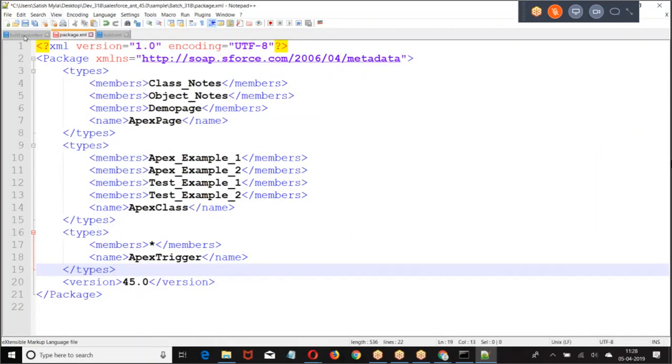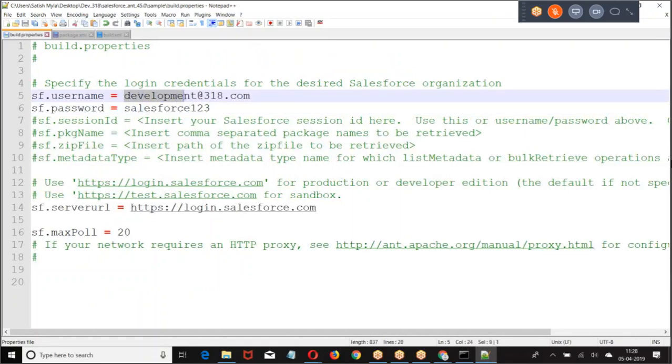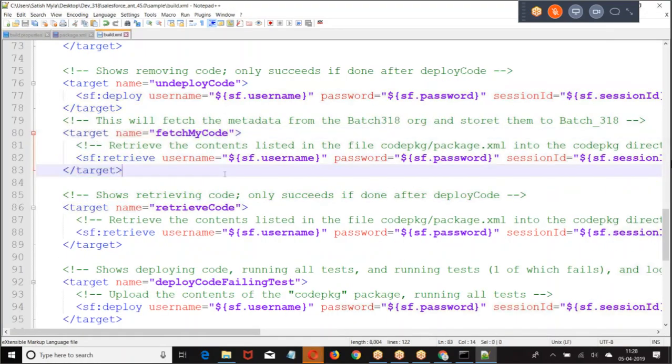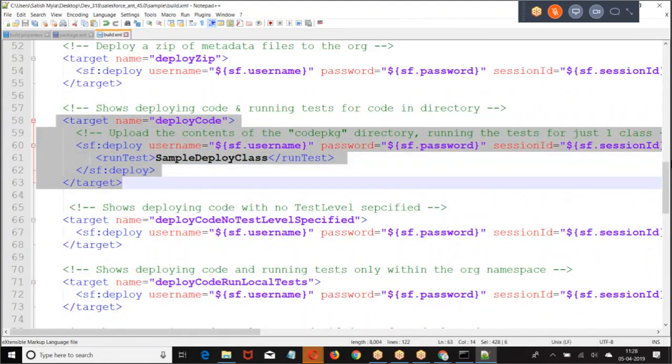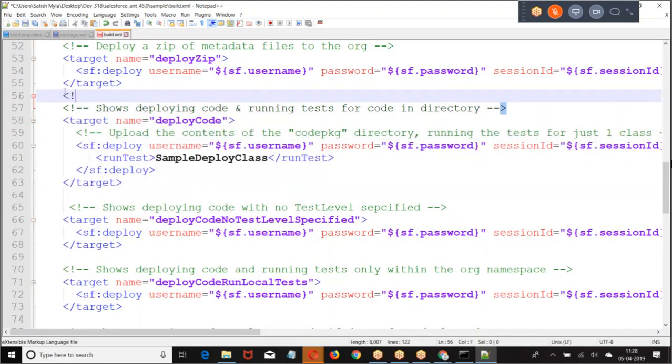And what I'm doing, build.properties. This is the organization to which I want to deploy. Then build.xml, I want to deploy the code. When you want to deploy the code, create one target which is used to deploy the code. What was this?